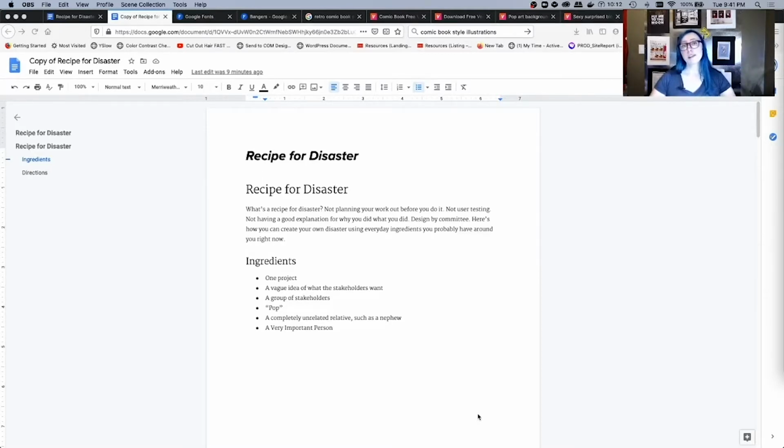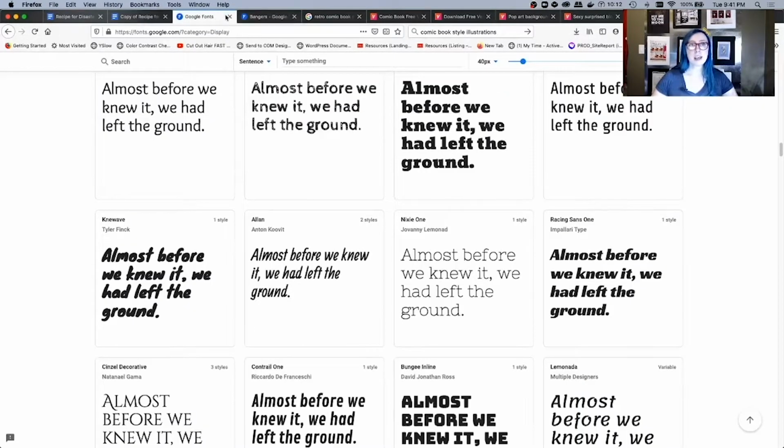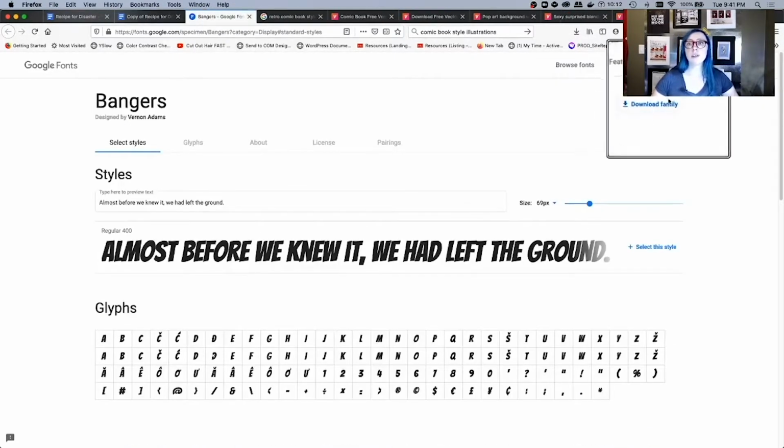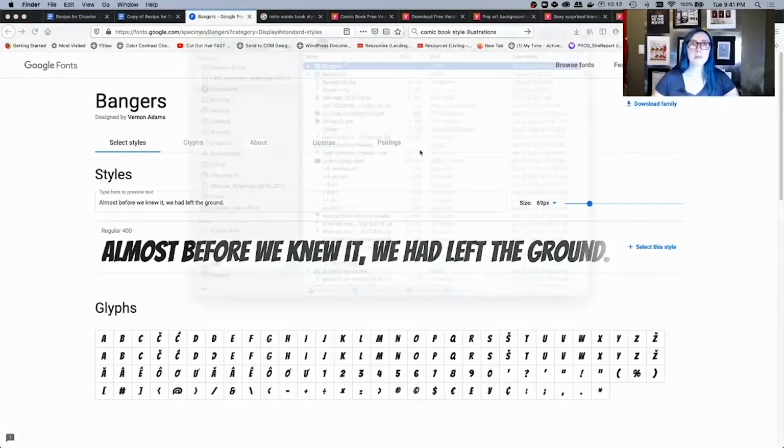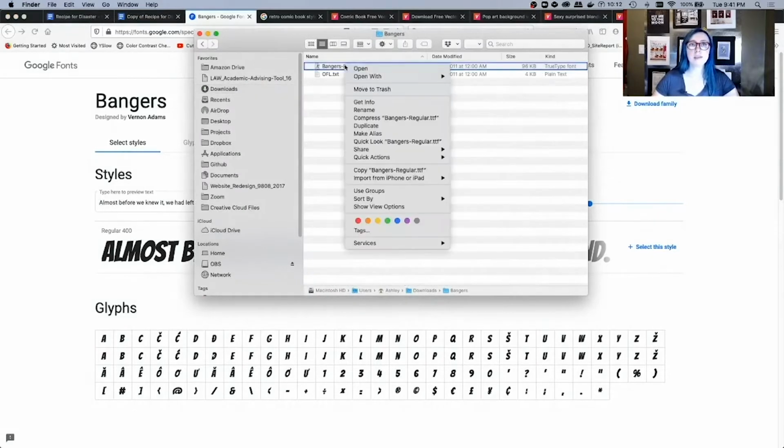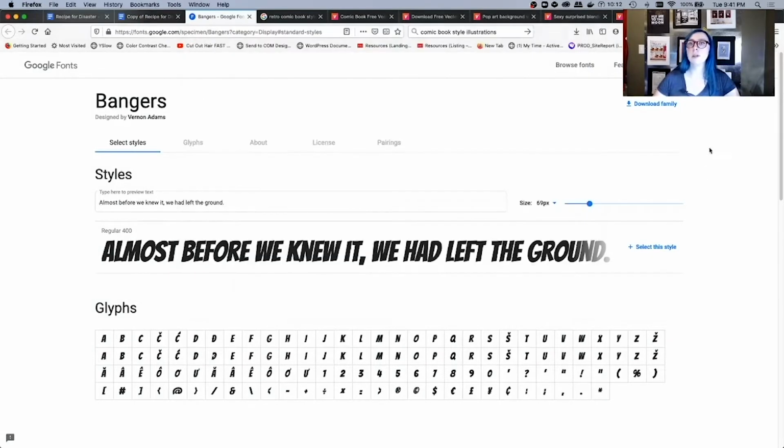A couple of things to note before we get into this tutorial are some things that I've done in the background to speed this up a little bit. One thing to know is that I went to Google Fonts and downloaded this font family, Bangers, that I decided on, as well as Roboto. Those are my two main font families. All you have to do is download them, and inside your downloads, double click, open with Font Book, and install. That will get the font installed for you.